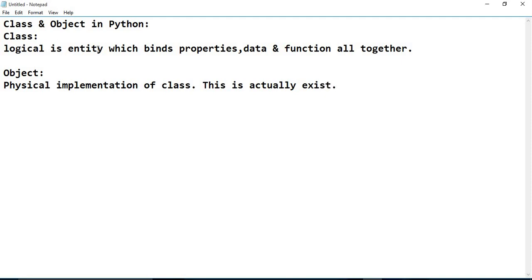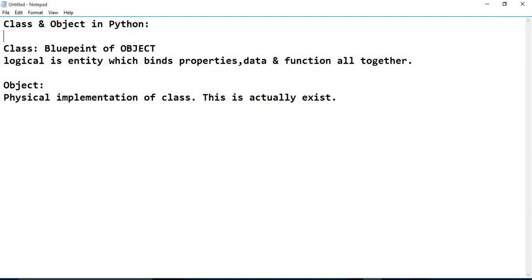So class is a logical entity which binds properties, data and functions all together, whatever is in the class. Okay. And object is a physical implementation of class. This actually exists. So we can say class is the blueprint of object. Okay. So now we'll take one example.